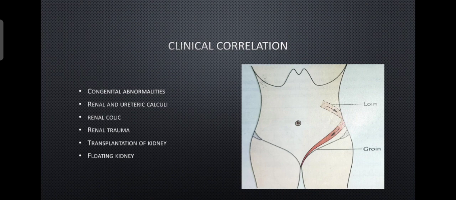Then floating kidney. Floating kidney is that perirenal fat and the renal fascia usually keep the kidney in its position. When the fat is reduced, we already saw that when the perirenal fat is reduced, it causes the kinking of ureter, but it also sometimes causes the loss of position of the kidney within its regular position, so that the kidney floats along and stretches widely. Okay, that is, it floats, goes upwards and downwards along with the respiration, and also in a fast manner without any control. So it causes the kinking of ureter and also it obstructs the urine outflow.